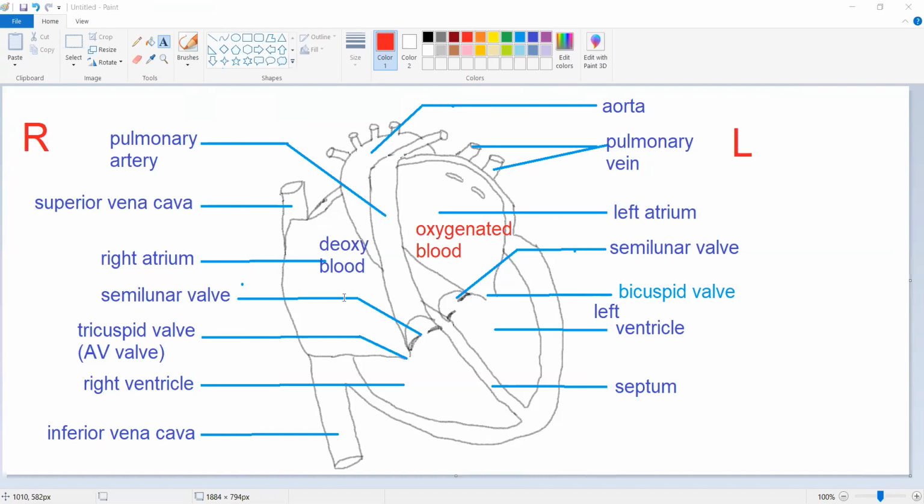Even if it's deoxygenated, there is some percentage of oxygen. Even if we say it's deoxygenated blood, they do have quite a high concentration of oxygen inside. So deoxygenated doesn't mean that it totally doesn't have oxygen. You still have some oxygen, it's just that the percentage is so much lower. So yes, in general, we can say that the left side of the heart is always oxygenated, and the right side,